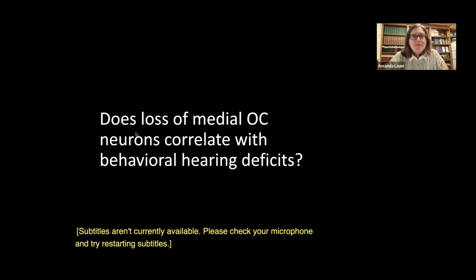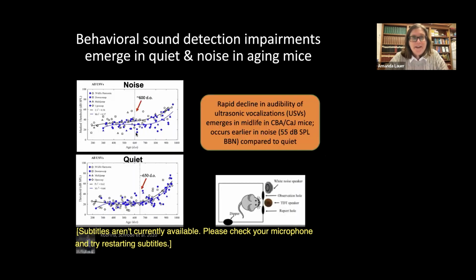So, you know, ABRs are great. They're super convenient in mice, but they obviously don't reflect an awake, behaving, perceiving organism. So we wanted to know how this loss of the medial olivocochlear neurons with age may correlate with behavioral hearing deficits so that we can try to bring this back around to a more clinically relevant situation. You don't typically have patients coming to the clinic with a complaint that they have an abnormal ABR. They come to the clinic because they are having behavioral problems hearing in noise, right? So we can do this in mice.